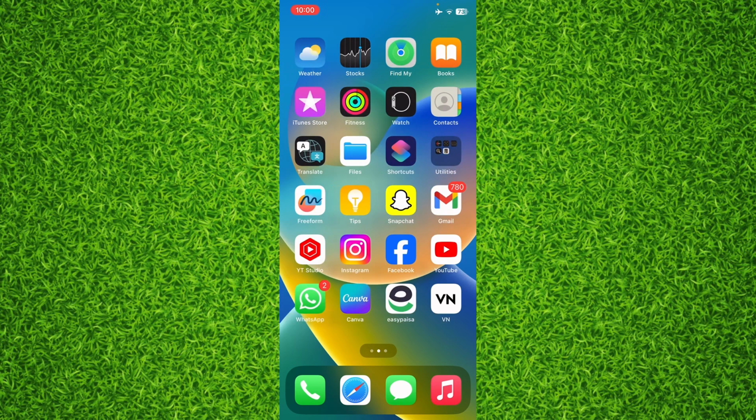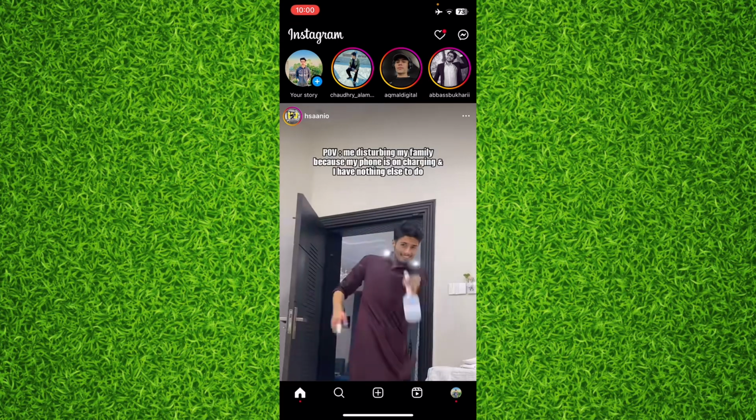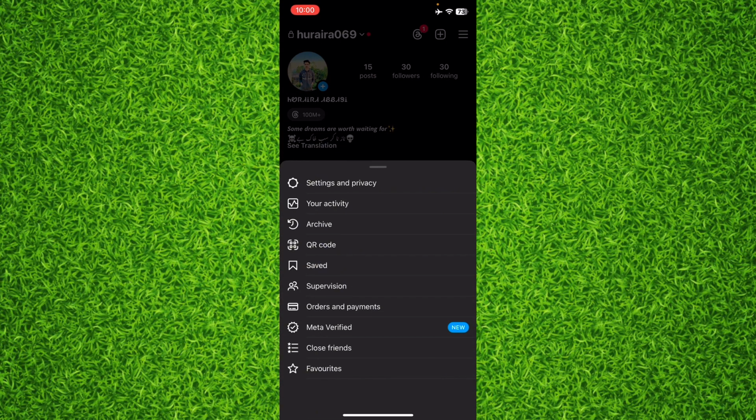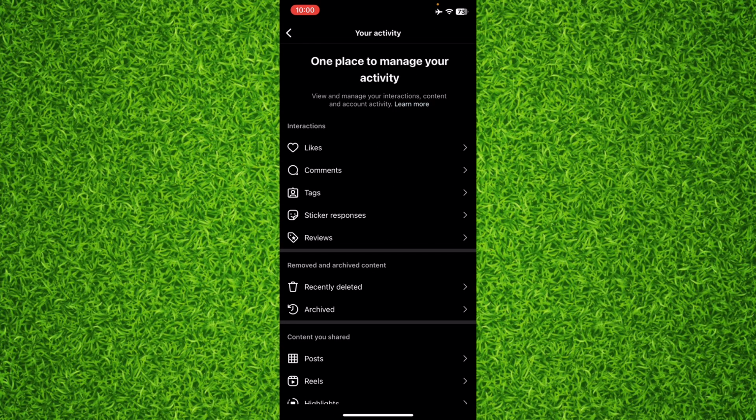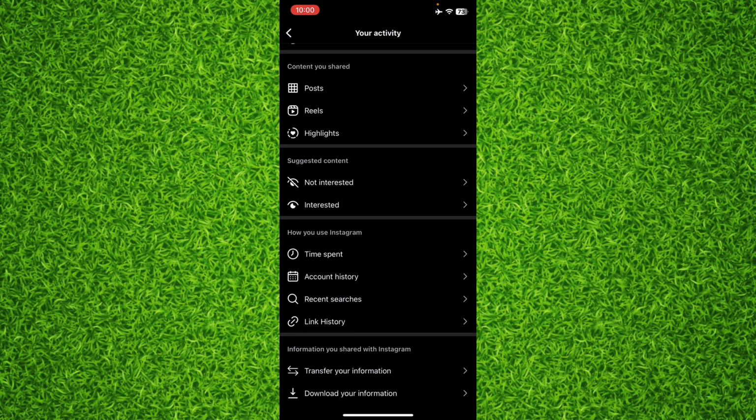So first of all, open up the Instagram app and then tap on your profile on the bottom right and three lines on the top right to head over to the menu, and right from this page tap on your activity, and then you'll have to scroll down to the bottom until you find download your information. You'll have to tap on it